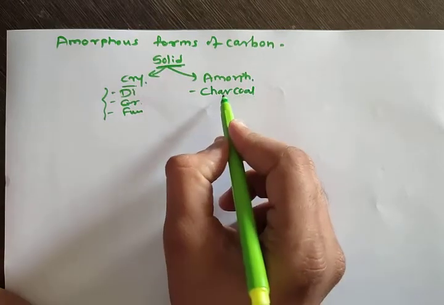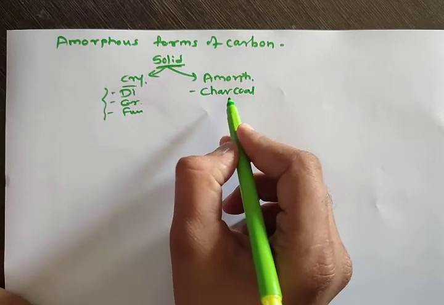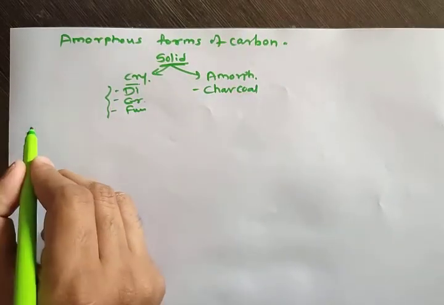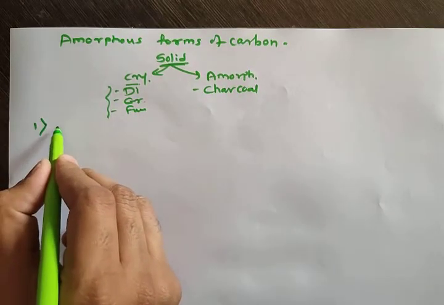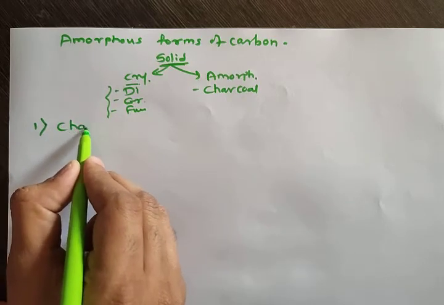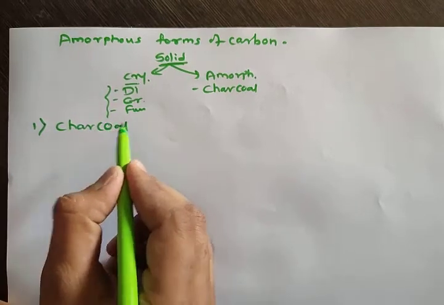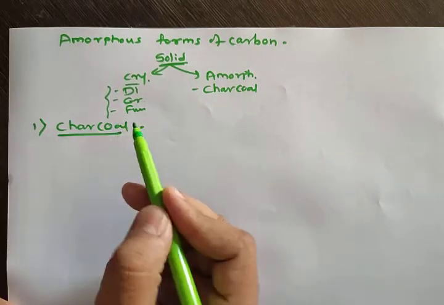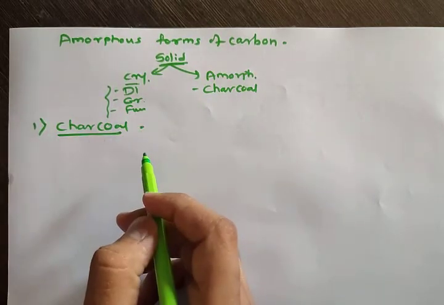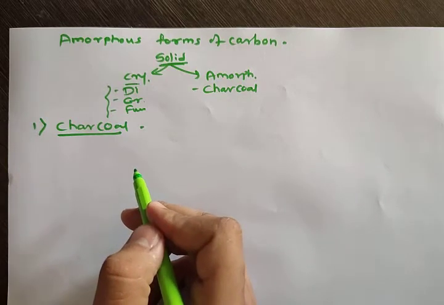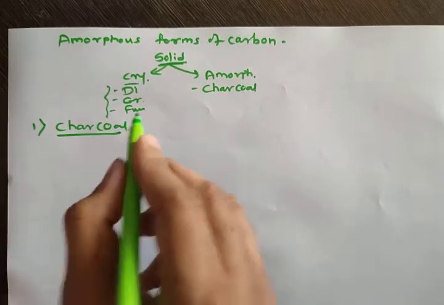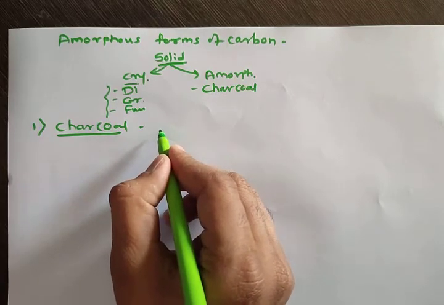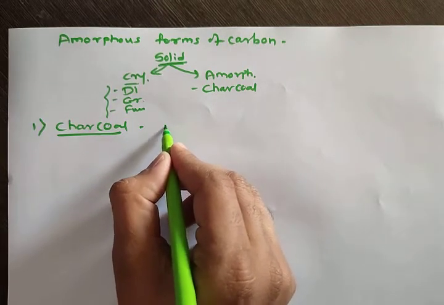Now as I told, there are various types of charcoal, and we are going to see the different types. The first form of the amorphous carbon is charcoal, and in that we will study the different types of charcoal. So first of all, before studying the types of charcoal, we have to study one term here, and that term is